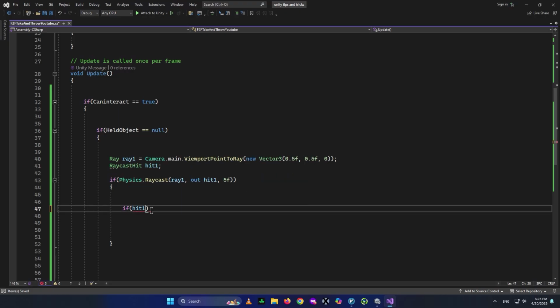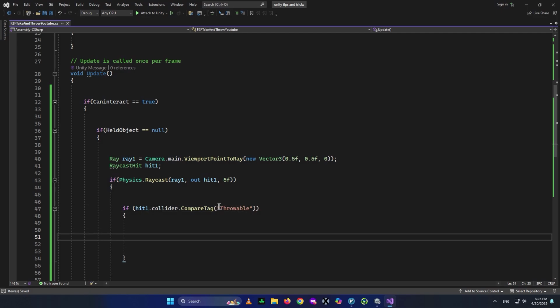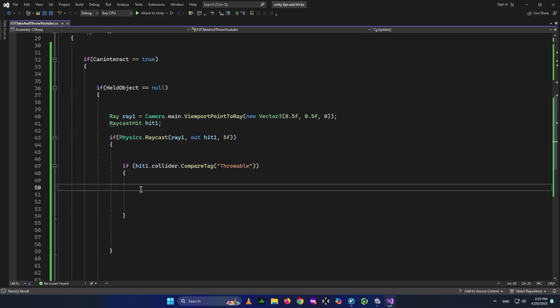we're going to say if hit1, the object we hit, has a collider CompareTag, a tag of Throwable. It should be exactly the same. Capital and small versions of the letters matter, so be careful. If we are looking at a throwable object, we want our